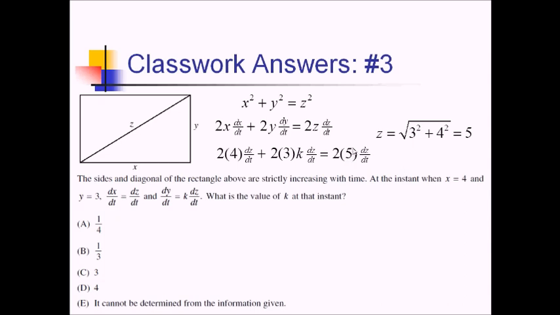But the good news is we've got a bunch of dz over dt's here. So algebraically, we ought to be able to do something to eliminate that as well. Before we do that, though, for my next step, I'm just going to clean things up a little bit. So this is going to be 8 dz over dt plus 6k dz over dt equals, and now we'll have